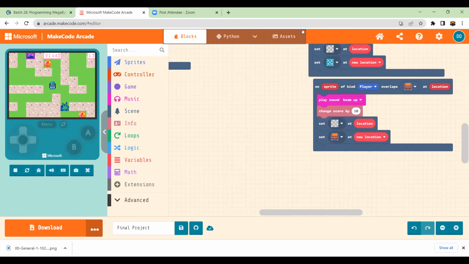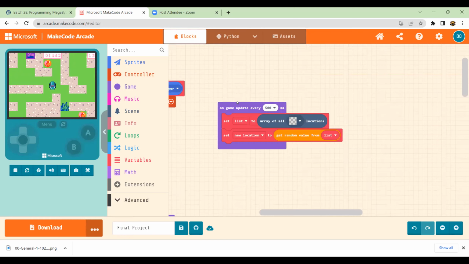This block of code shows that when the game updates every 500 milliseconds, that is 1 second, the